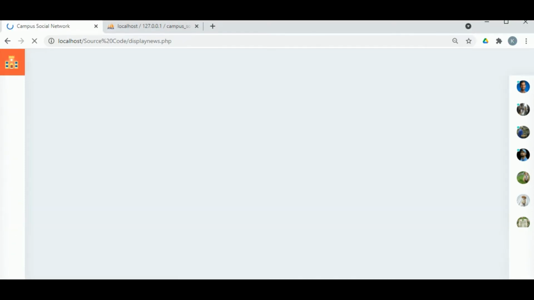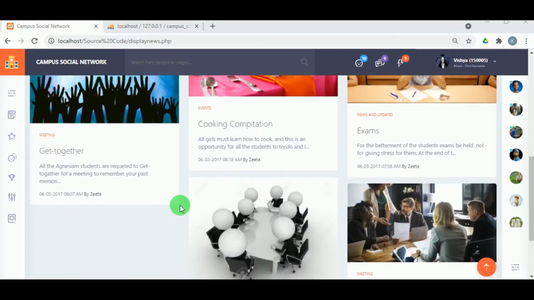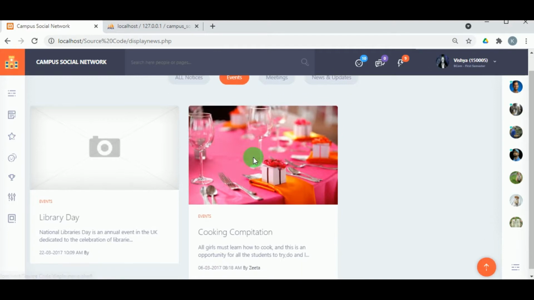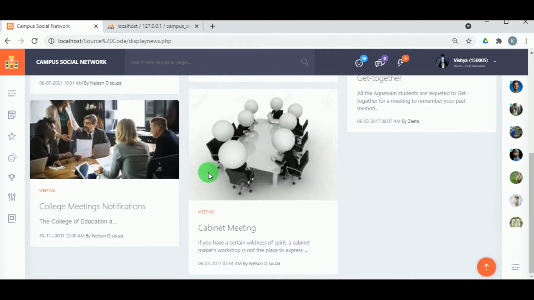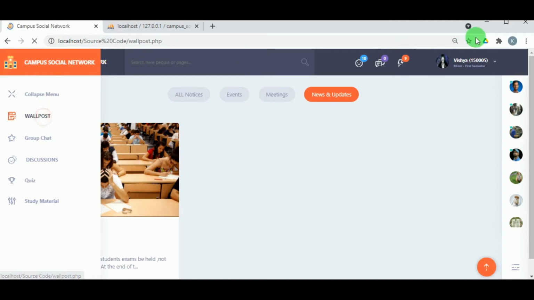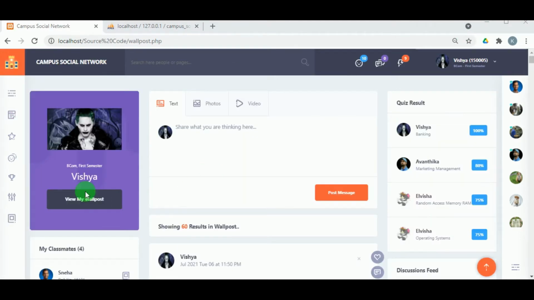So here the student can view their profile. They can view the cover page or the wall post and their profile image, the name and all their details. The profile info can be viewed, and all the posts that are done by them, the timeline, we can say, every post done by them, and what is the latest post, what is the latest video, what is the latest photo post, all that can be viewed.